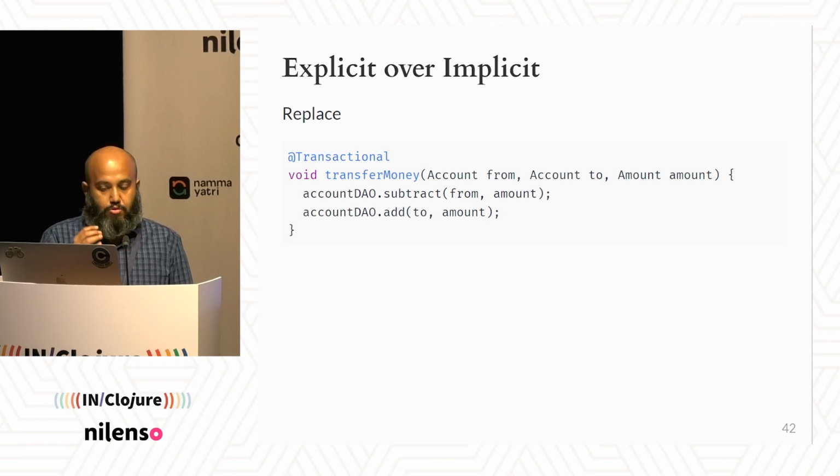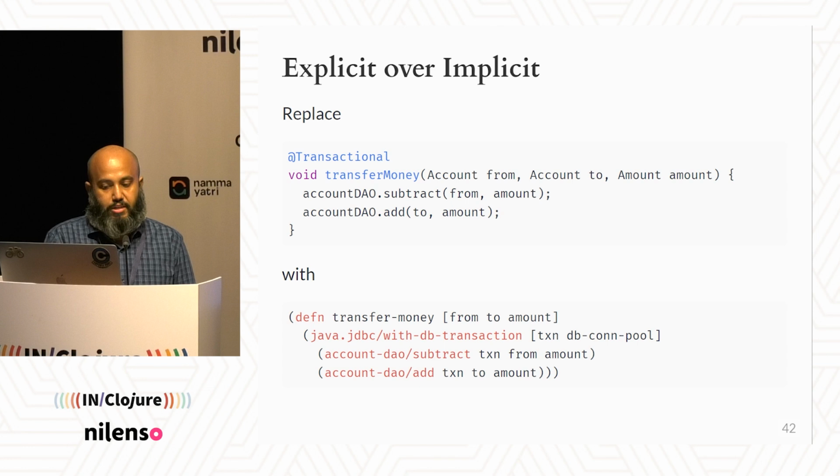You would pass the transaction. This is a macro, so it creates a transaction. You pass the DB pool, and then it creates a transaction. You would pass the transaction to the functions inside, and they would all run in the same transaction, right? So it's explicit here. The transaction is explicit here, right? And I think that with a large code base which you have to maintain over a long time, explicit is better, right?